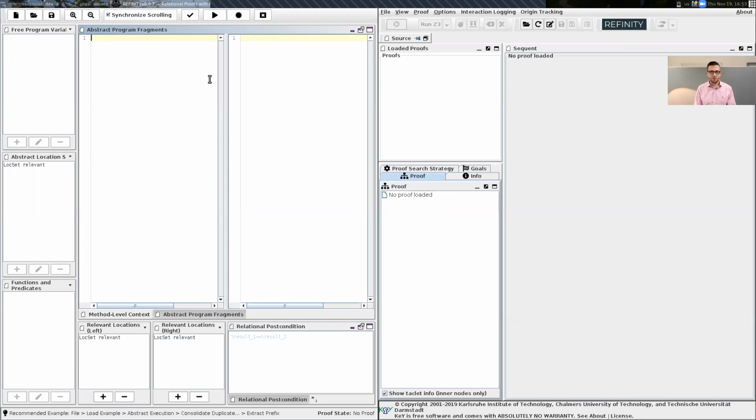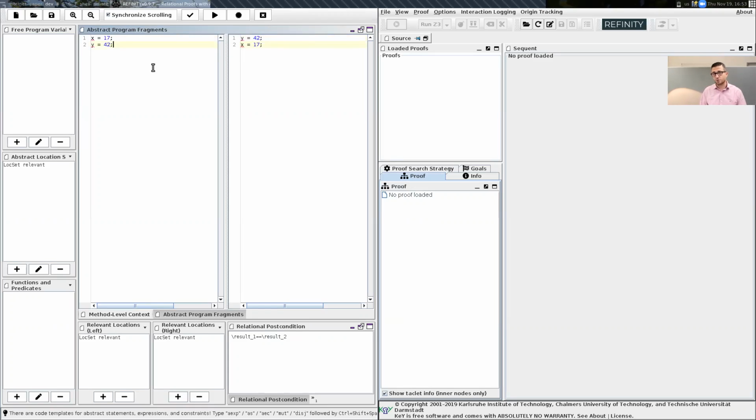That is, you have a program on the left and on the right hand side here, and you can prove, for instance, that the result of the left hand side is the same as the result of the right hand side. We start with something really simple. So assume that you have a program which assigns 17 to a variable x and 42 to a variable y in this order. And now you want to swap these two statements and prove that the result is still the same